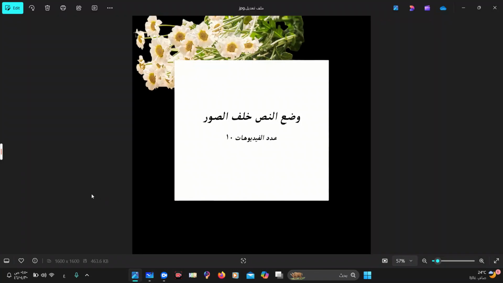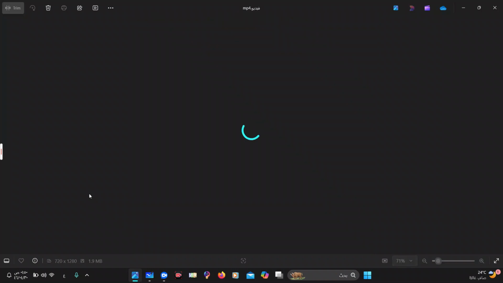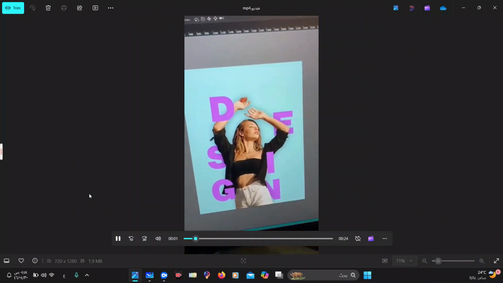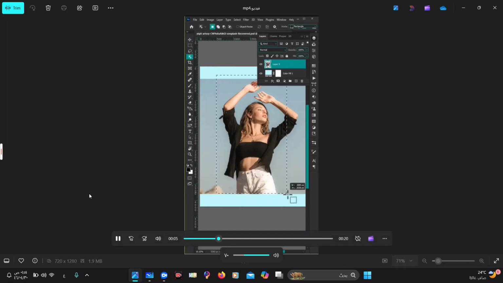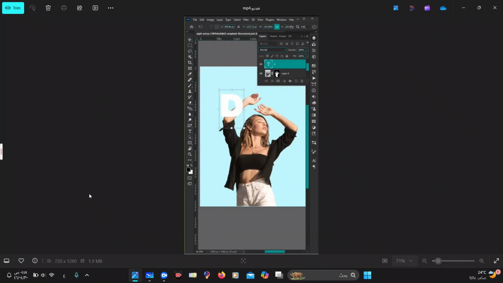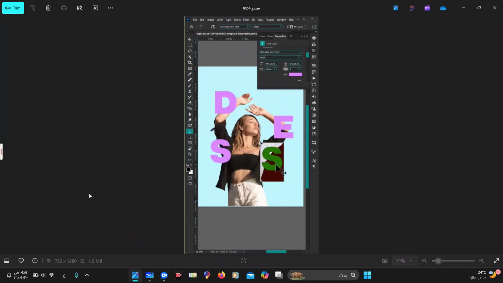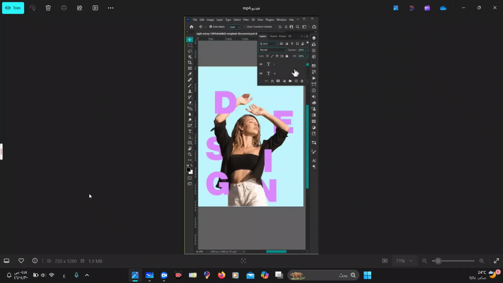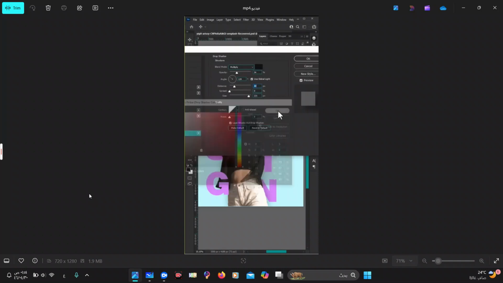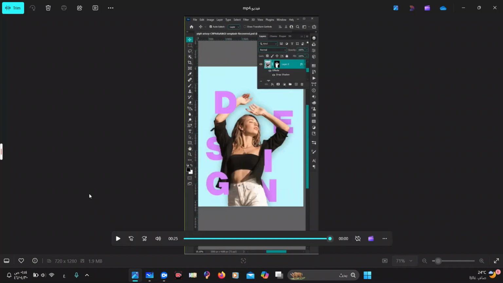How to create this portrait poster design in Photoshop. Now with object selection tool, simply select your subject. Now go to layers panel and add layer mask. Now add different letters and change their color as your liking. Now place some letters behind the subject to make it look interesting. Now select your subject layer, right click and open blending options. Now simply add drop shadow, and this is